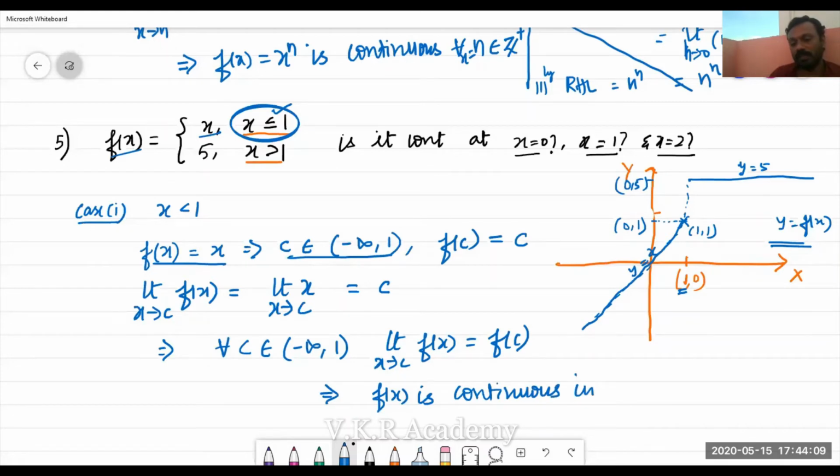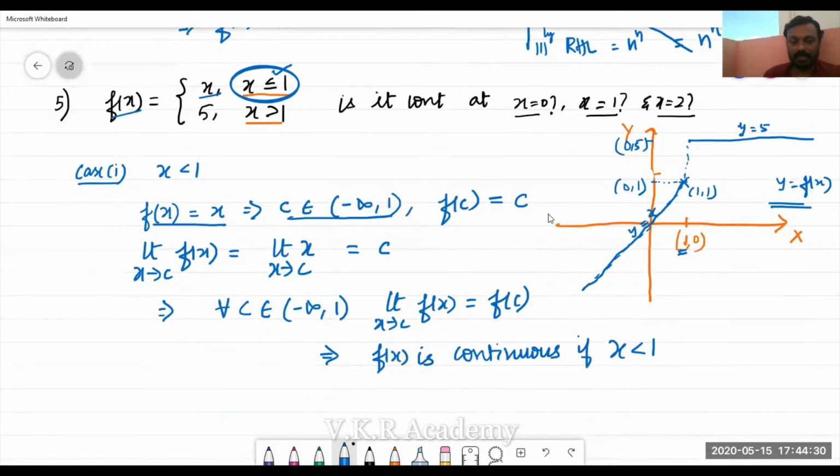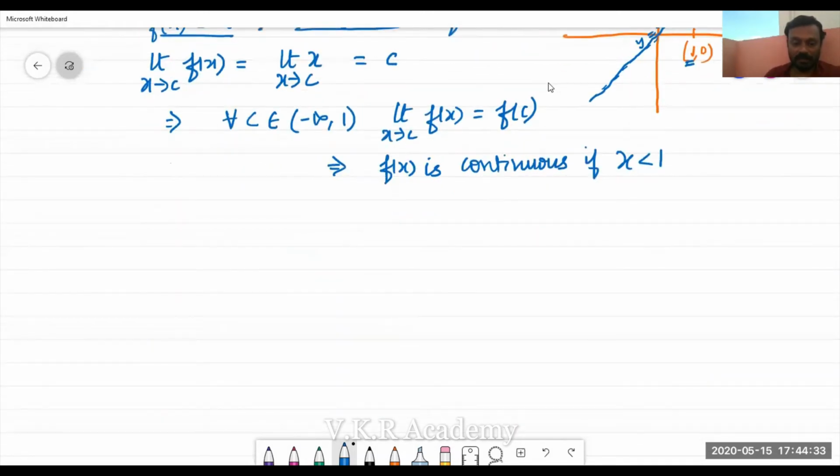in the interval if x is less than 1. That is what we also inferred from the graph. When x is less than 1, the graph is a straight line which does not have any break, so it is continuous. Similarly, the case when x is equal to 1,